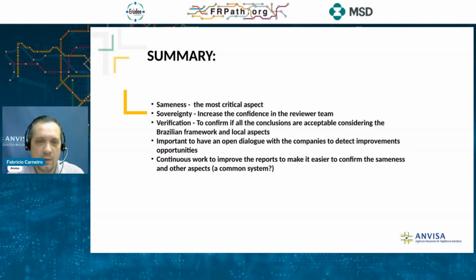It's really, really important to have an open dialogue during the building of the reliance procedure to detect improvement opportunities, and even after the approval of the framework, to continue to have this dialogue with the companies,